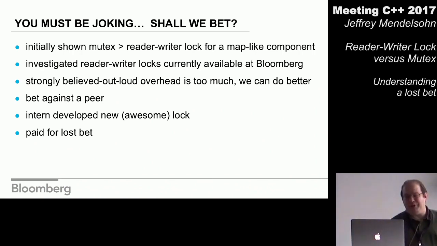It focused on using the Linux system, doing workload appropriate to this component. It seemed like things which I was already convinced were wrong. So it seemed like a very safe bet to me. In fact, it seemed so safe, I upped the ante and I said, you know what? I have an intern coming. I'm going to have an intern write this reader-writer lock to the specification, and we're going to kick your butt.